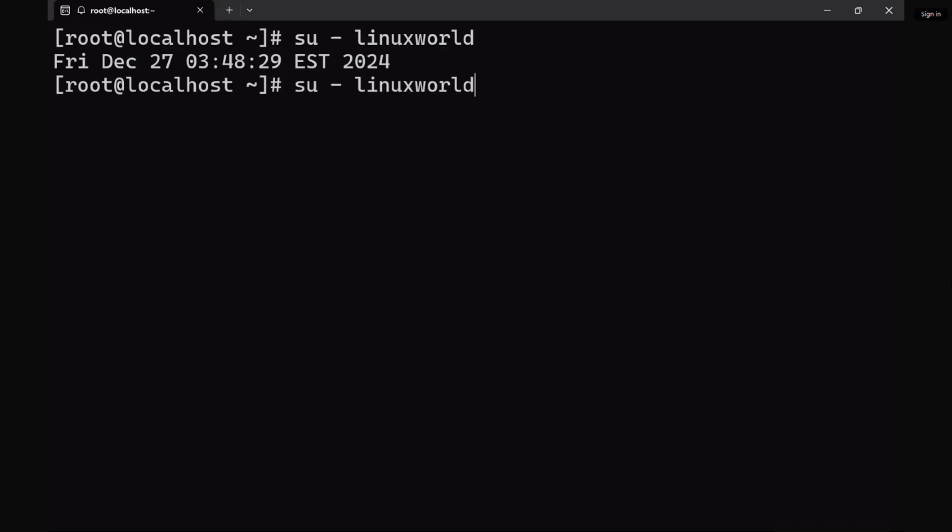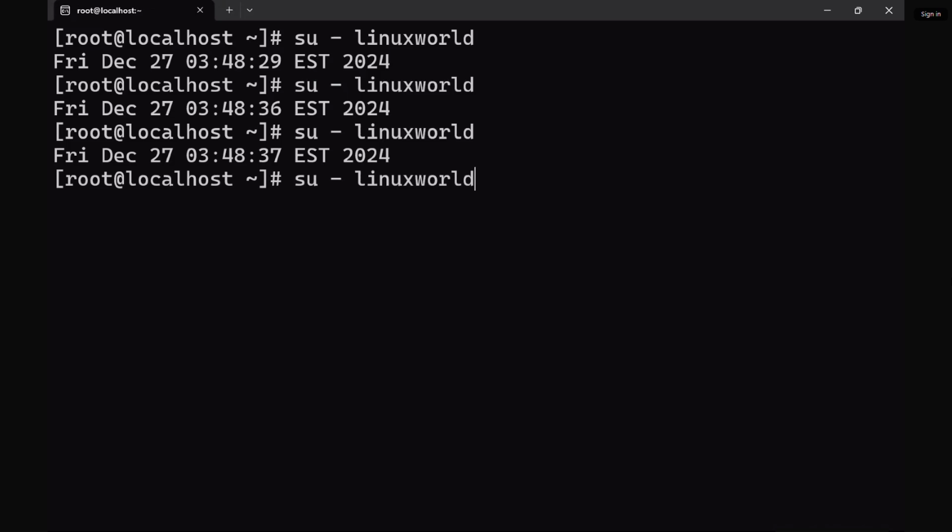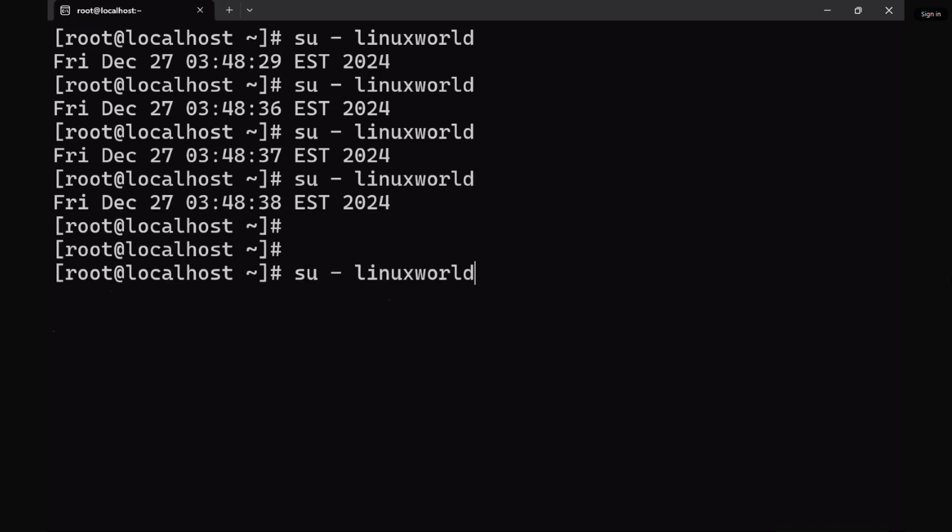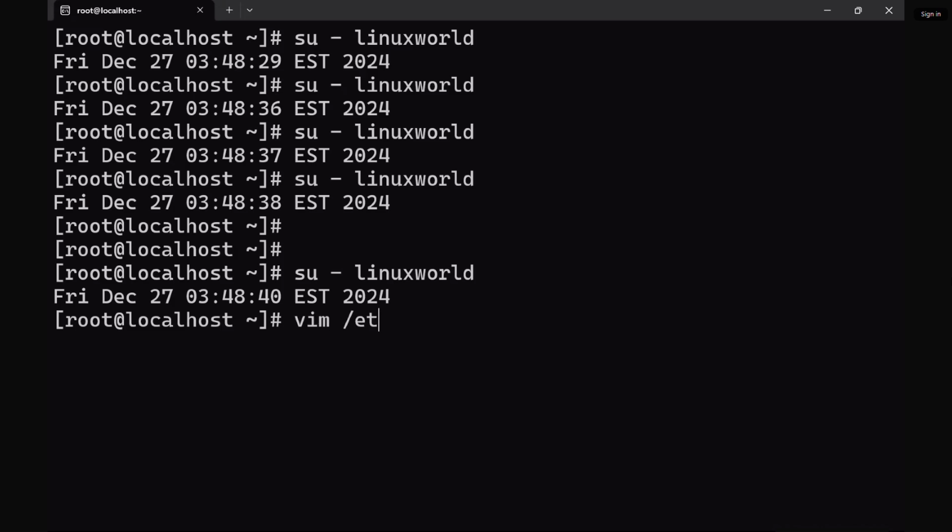If I log in again, you can see they run the date command and exit, run the date command and exit, run the date command and exit. You can use this use case in industry, like if there is one user and you want only that user to be able to check the logs. So what you can do is open the /etc/passwd file